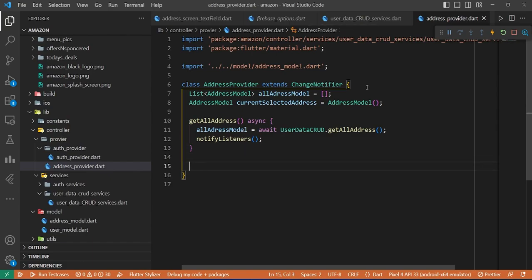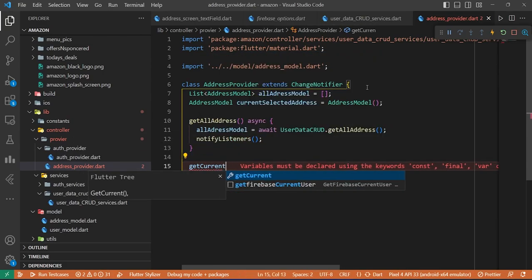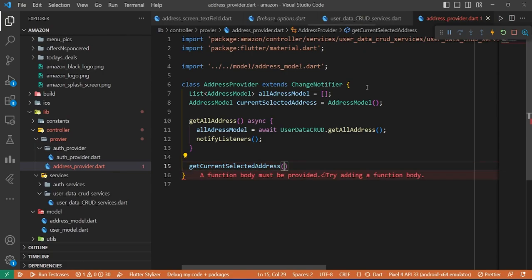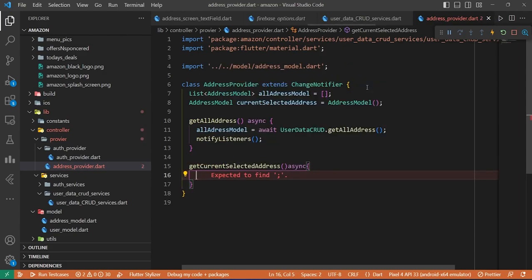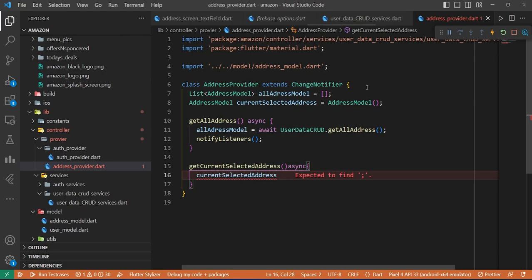And another we need to check is that get current selected address, and it is also going to be async. Current selected address equals to